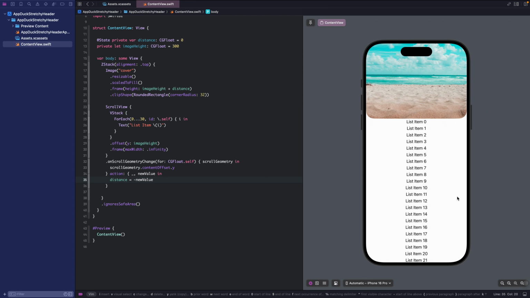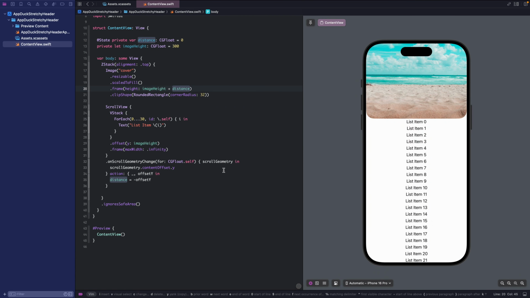To make it look stretchy, we have to add a scale effect to the image too. Notice that I set the distance as a negative of a new value, offset y. Doing this makes it easier to understand the transformation.